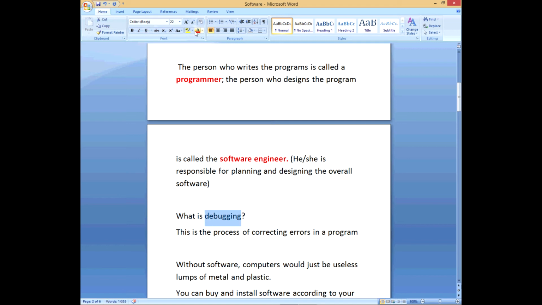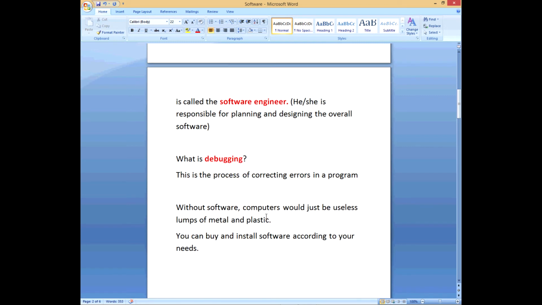So what they normally do, they would give out the program, what they call a beta version or a small version, free. Have you downloaded any free programs? Yes, a lot of you have. And you use them, and then they get the feedback to say this is not good, this doesn't work, this part malfunctions, and then they go and they fix it. Then when they fix it, they release the full version, which is where you have to spend that money to buy the full version.